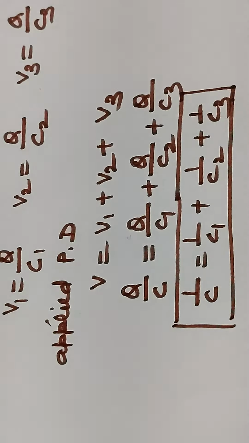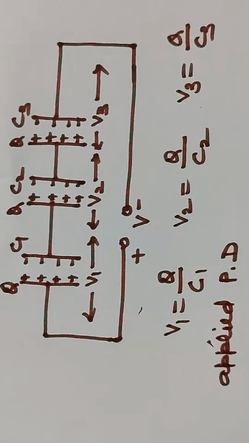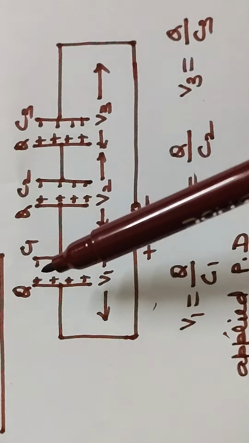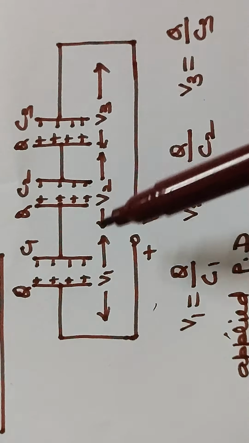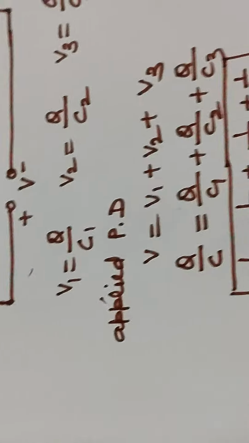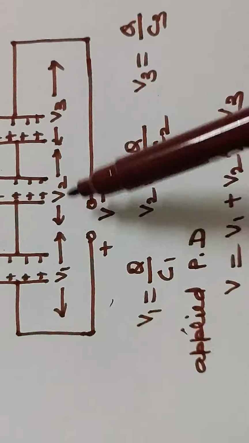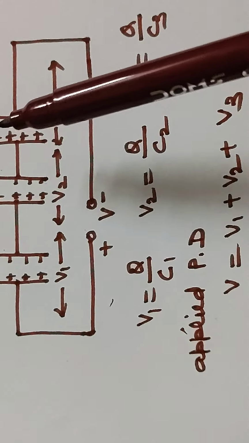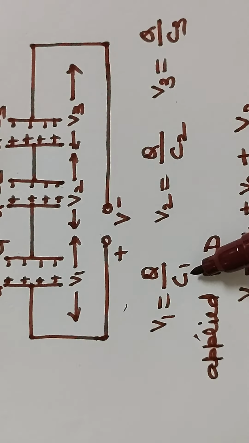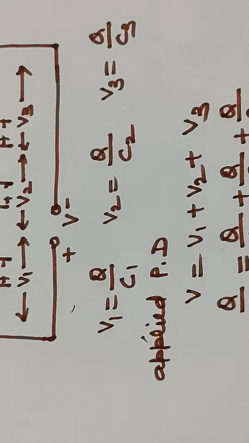This is just opposite to resistance. And we can say a few points in this: this equivalent capacitance will be less than the capacitance of each capacitor, because we know the formula 1 upon C equal to 1 upon C1 plus 1 upon C2 plus 1 upon C3. Potential difference divides and charge remains same, and the potential difference across the capacitor whose capacitance is more will be less. V is inversely proportional to C.